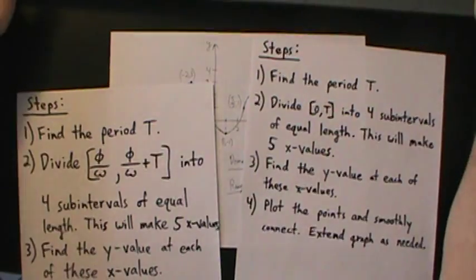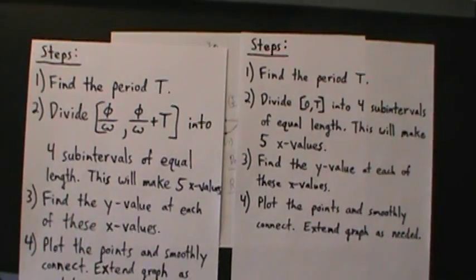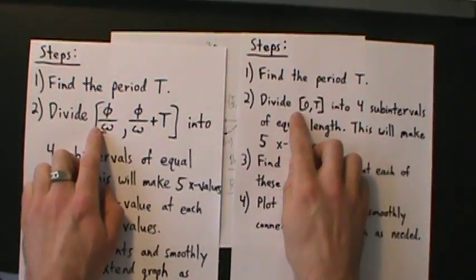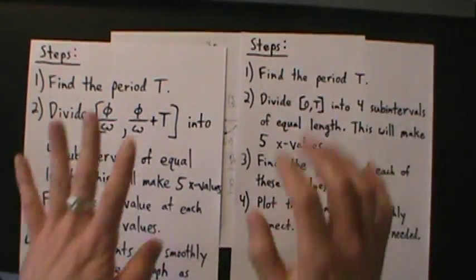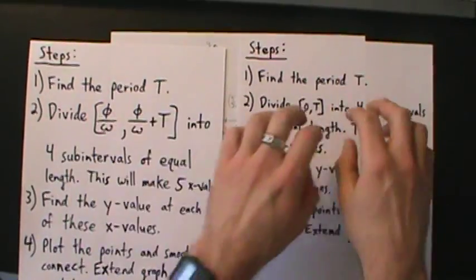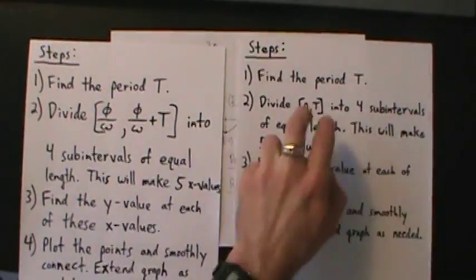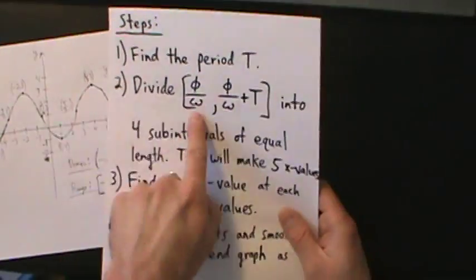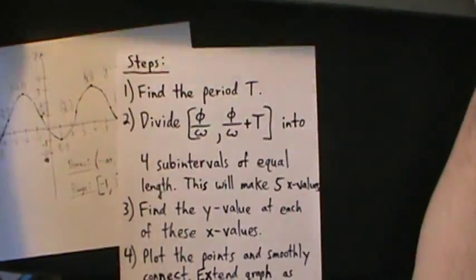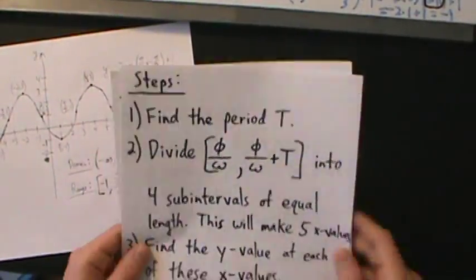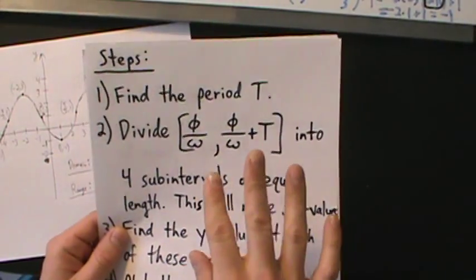So the point I want to make is you can use any interval you want as long as it has length equal to the period. Okay, so start anywhere you want, end t units later. But if you follow these steps here, and remember this is really just a special case, because this interval becomes this when there's no phase shift. As long as you follow this set of steps here and use this interval here, you'll always get this special pattern showing up, okay? And again, if you really wanted to, you could always use 0 to t, because getting this interval is a little extra work,